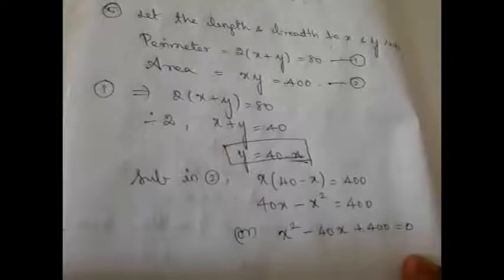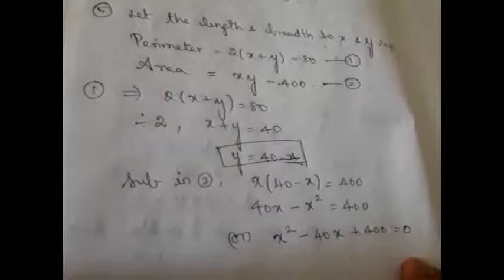Thus we obtained our quadratic equation. Now find the discriminant as usual and check whether the discriminant is going to be greater than 0 or equal to 0. Only then the roots will be real. Then we can say such a kind of rectangle can be formed. Rectangular park can be designed. Then if so, they asked you to find the length and breadth. So simplify this quadratic equation, find the value of x, substitute in any one of these equations and find what is your y, right? So I am leaving this part also to you.